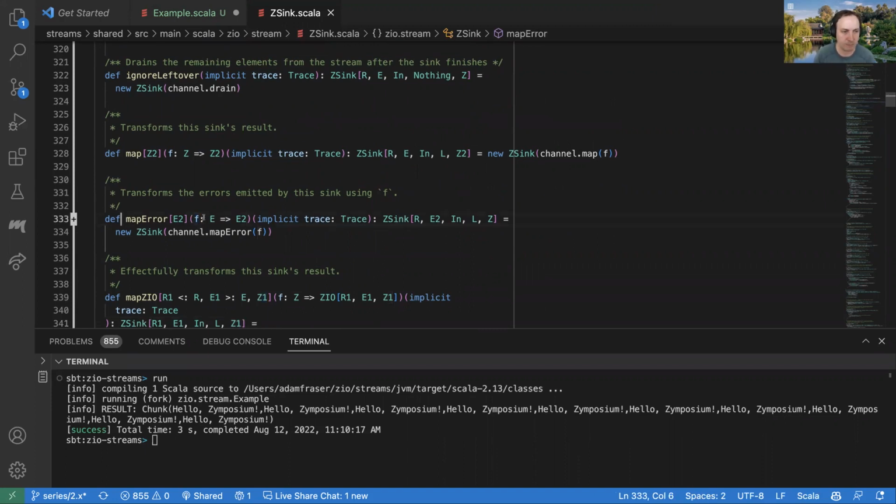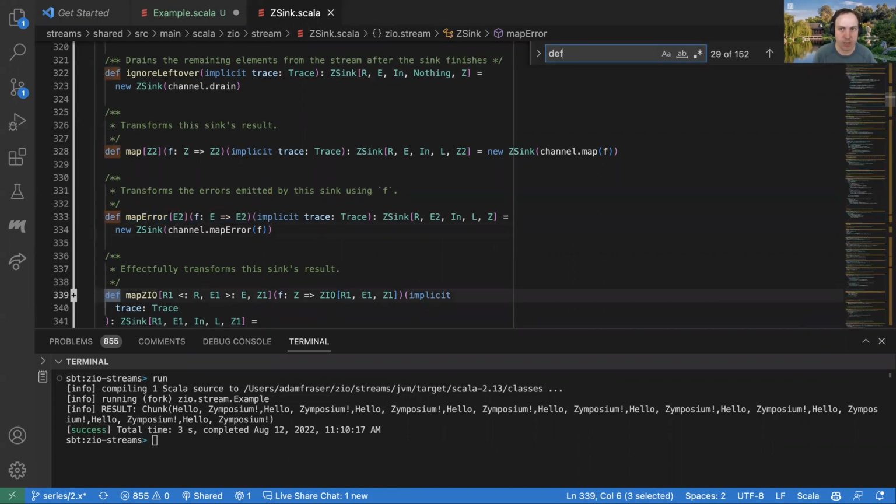So we can see there's this mapError thing, which is a pretty familiar operator, right? We've maybe used this mapError operator on ZIO. It's just going to transform the error type. So a sink, just like other ZIO data types, can fail with an error. Like maybe the sink is supposed to write to a file and it can't write to the file because the file doesn't exist. So maybe it's going to fail with a Throwable, some kind of folder doesn't exist or not found exception. And maybe we want to transform that error. Maybe we want to transform it into a domain specific error. So this is great, but